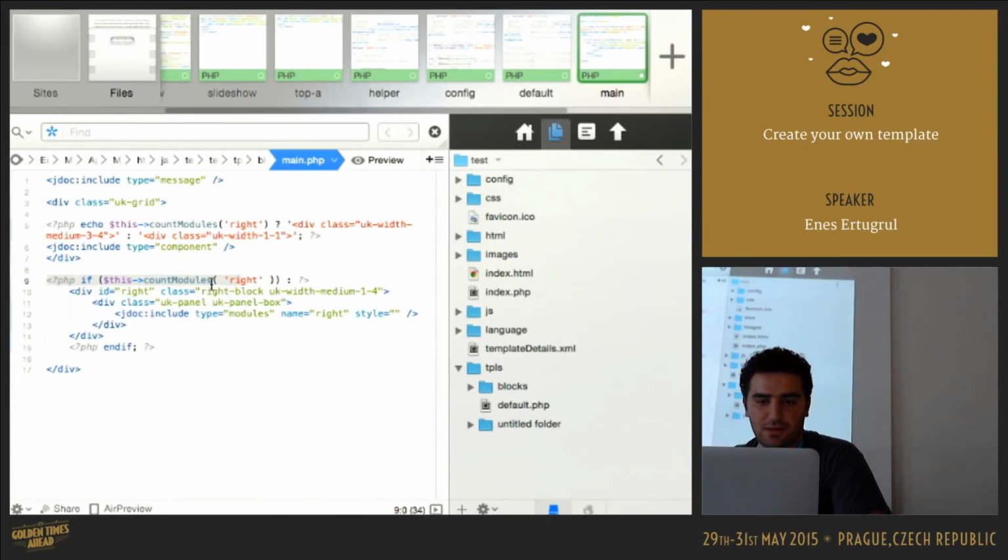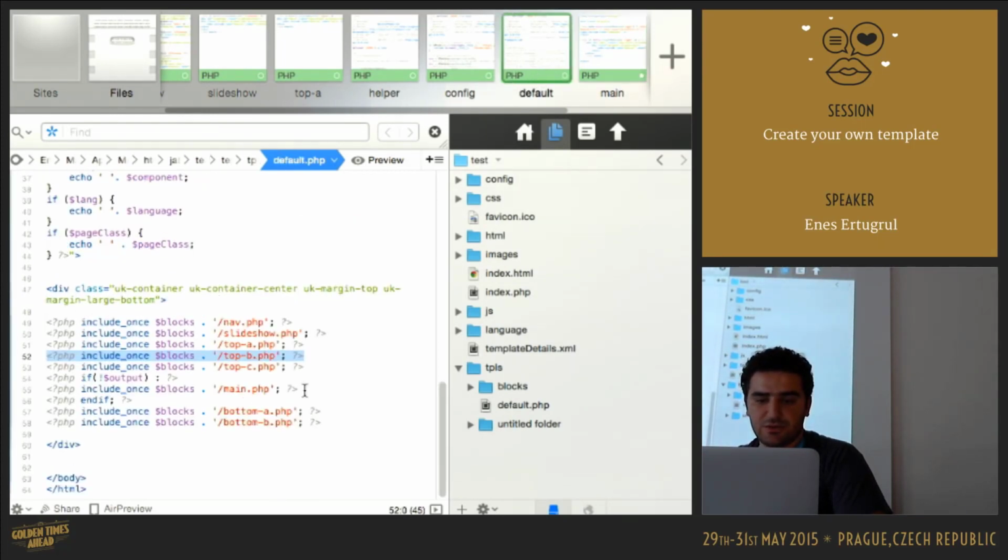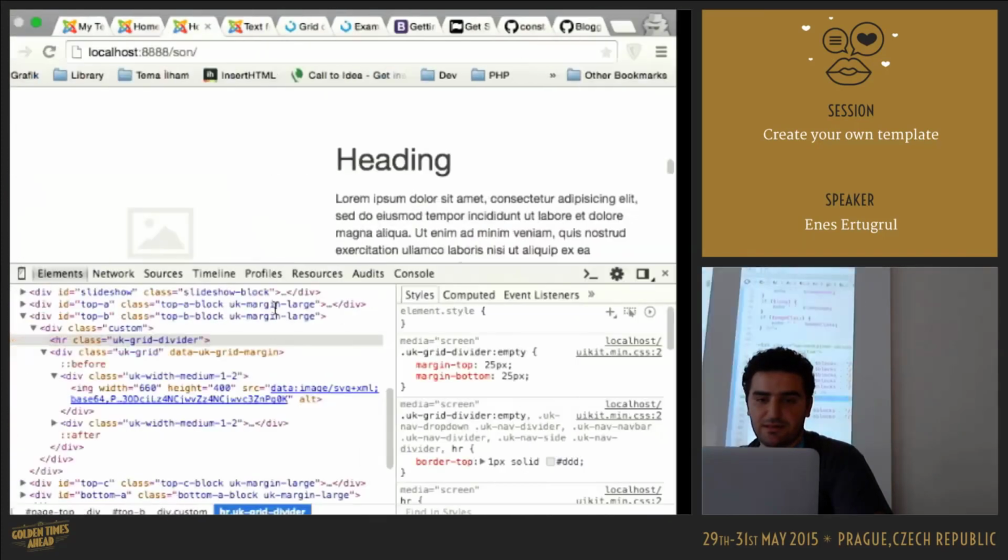So if there is a right module position, it will have 1 of 4 width. Otherwise, for our component area, here is a PHP condition. If there is a right module position, it has 3 of 4 width. Otherwise, it will display the whole area in the layout. So I will also include the main PHP file in my default PHP file. And now I can go to